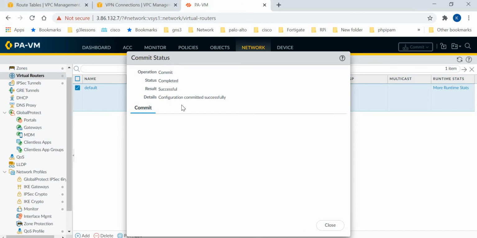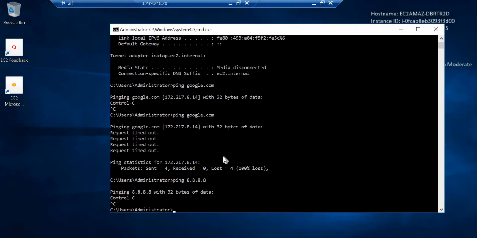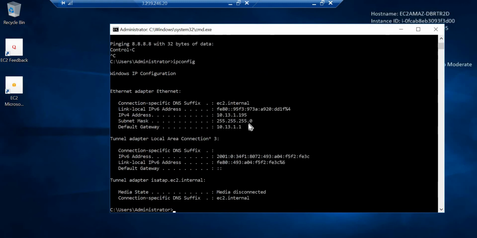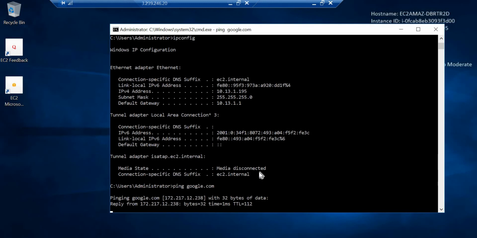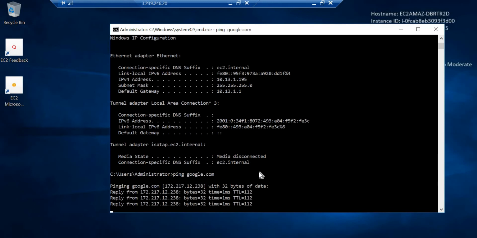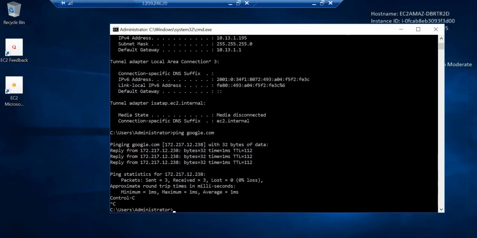Now commit has completed. Now we will go back again to the same instance and check whether we are able to access the internet. Let us check the IP address again. You can see the IP address is 10.13.1.195. Now if I ping google.com, see, I'm able to reach the internet. Now I will open the browser and let's check what my IP is.